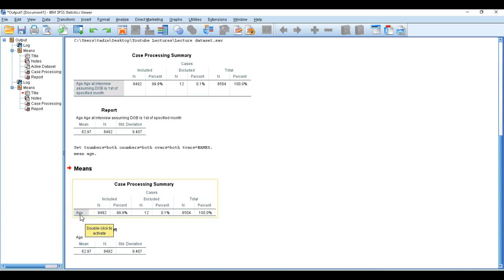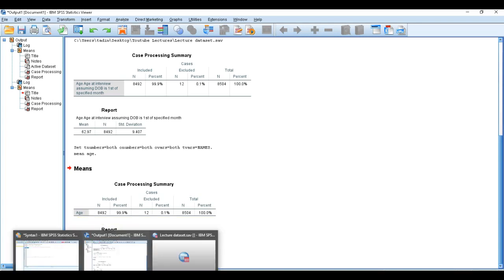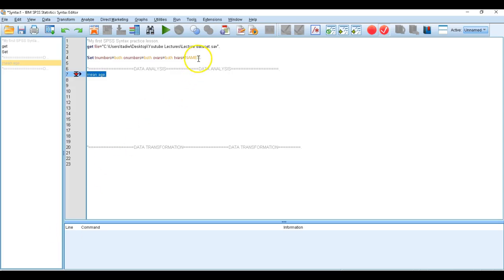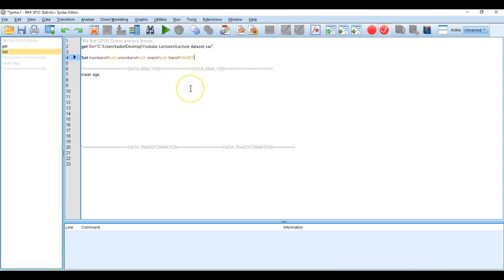It's because I've altered what I want in the output on that command. So if I were to go back again and remove names and put labels, maybe I just want labels to show in my results, and rerun this command first